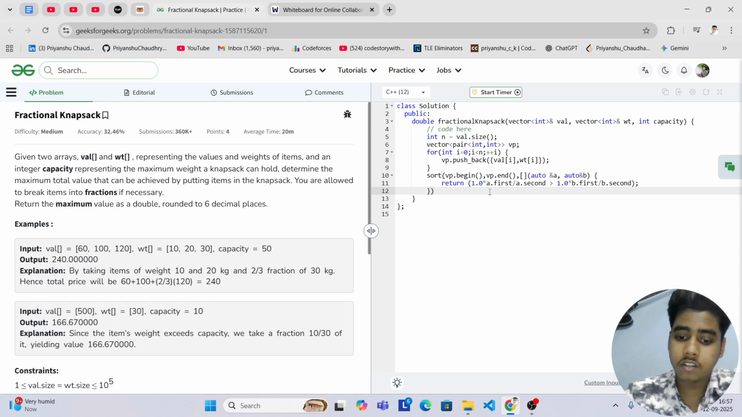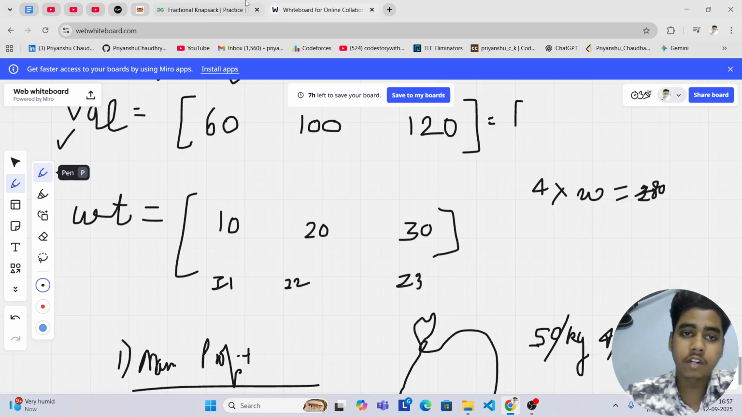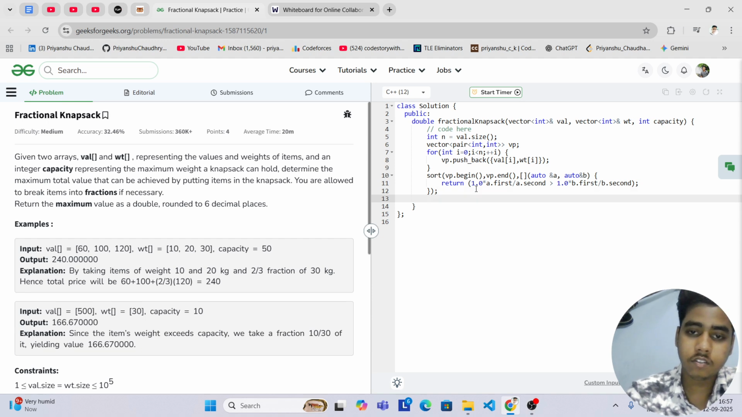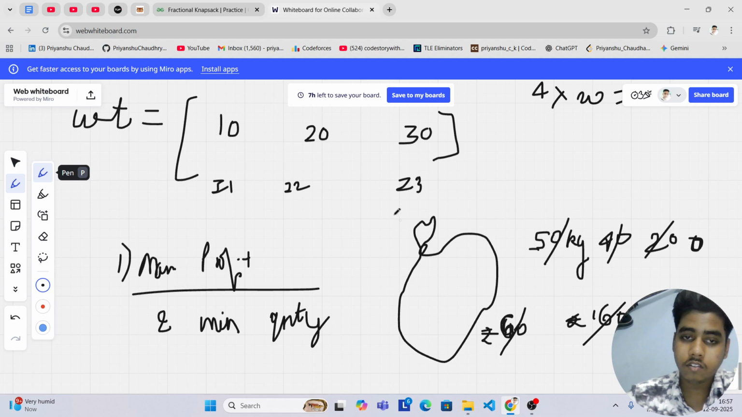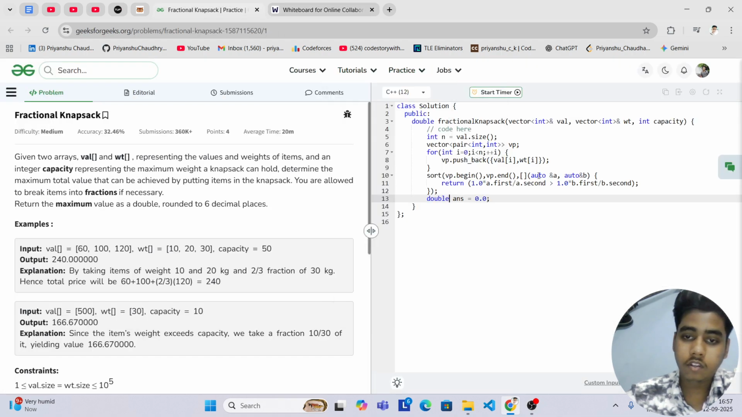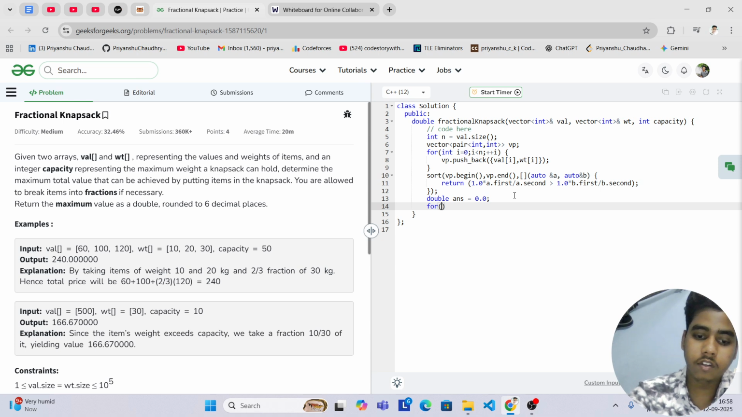So now this will ensure that sorting is done according to the value weight ratio, and after sorting is done, I have to return the answer. So my answer, let's say, is 0.0 and it will be a double, and now moving inside the pair of vectors that are sorted, I will check that if